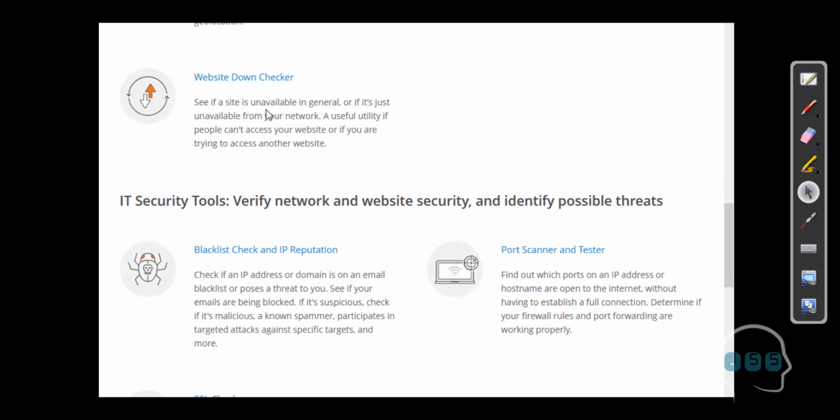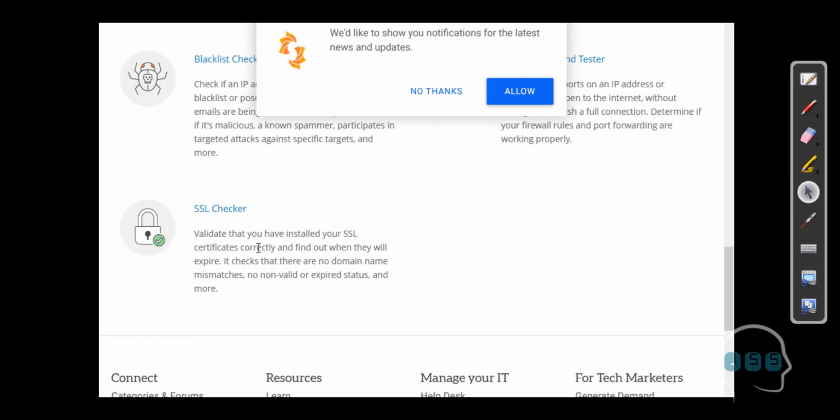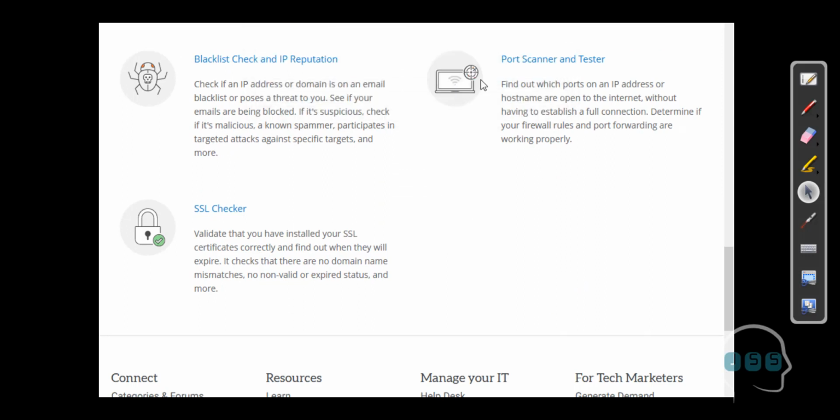If somebody calls them that a site is down, one of our client sites is down, they will actually start from this area first. Then we have other things like port scanners and testers. You can install this, run a scan, and they will tell you the ports that are open on that computer. Blacklist check and IP reputation. If you want to know about the IP, is this a good IP address, is this a really bad IP address, you can actually run that, and a third-party software usually tells you the scoring on that IP address,